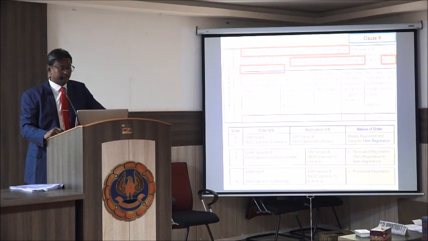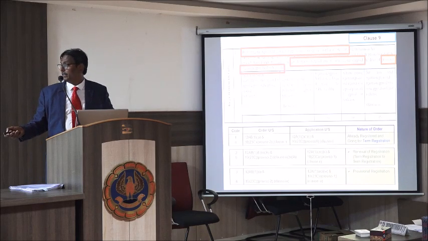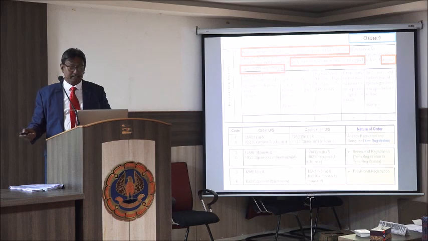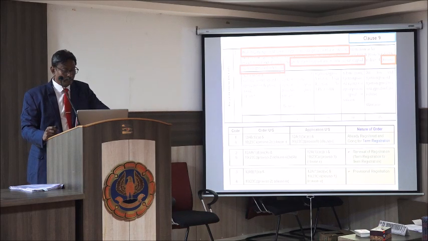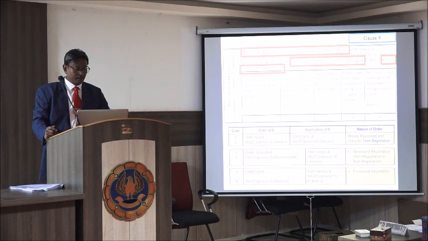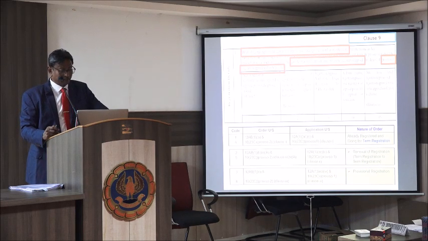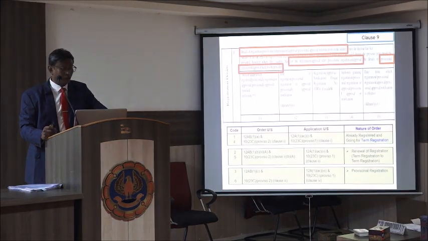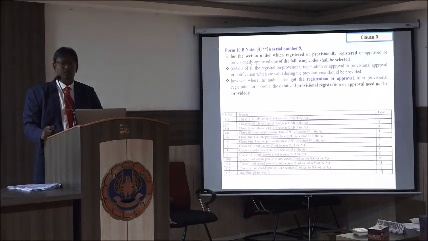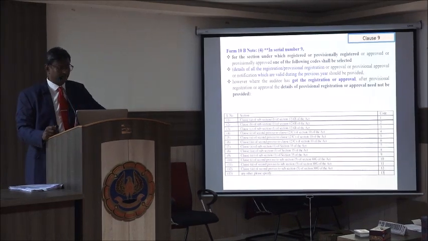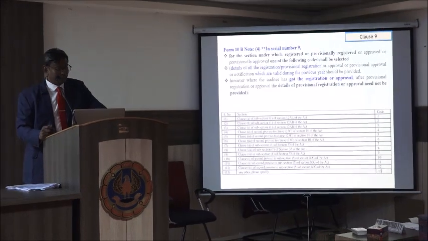And of course, they have given the note. Here is a note for which code you have to give, and it's very clear. If it is already registered and going for a term registration, you have to select code number 1. If it is a 1023C organization, we have to go with code number 4. And if it is a renewal and registration, code numbers 2 and 5 respectively. If it is a provisional registration, it is 3 and 6. So these are the various codes which we have to give. Same thing, they have given us a separate note in Form 10B. It is a similar thing to what we have seen. They have given the list of how you have to select the code.